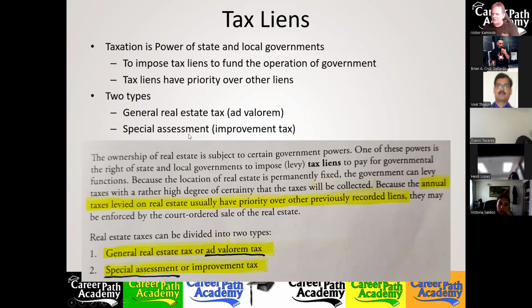So a special assessment is also a tax. Anytime you hear special assessment, when we were talking about condominiums and such in a previous chapter, we talked about how the condo association can give a special assessment to everybody that lives in the complex if they want to do some general improvements. It works the same way. It's like a little mini government in condominiums, but special assessment is basically a tax. It's an improvement tax, not for improvements that the homeowner does to their property, but the improvements that your politicians want to do in your neighborhood.